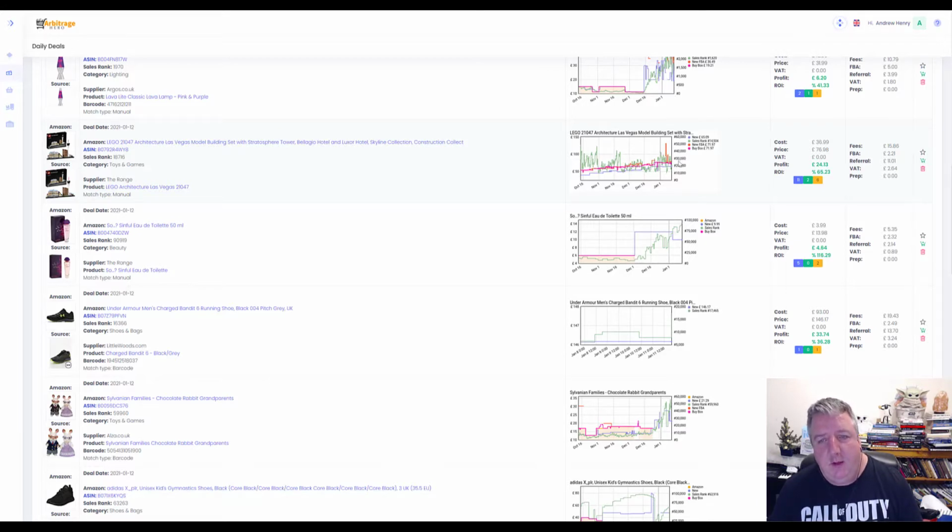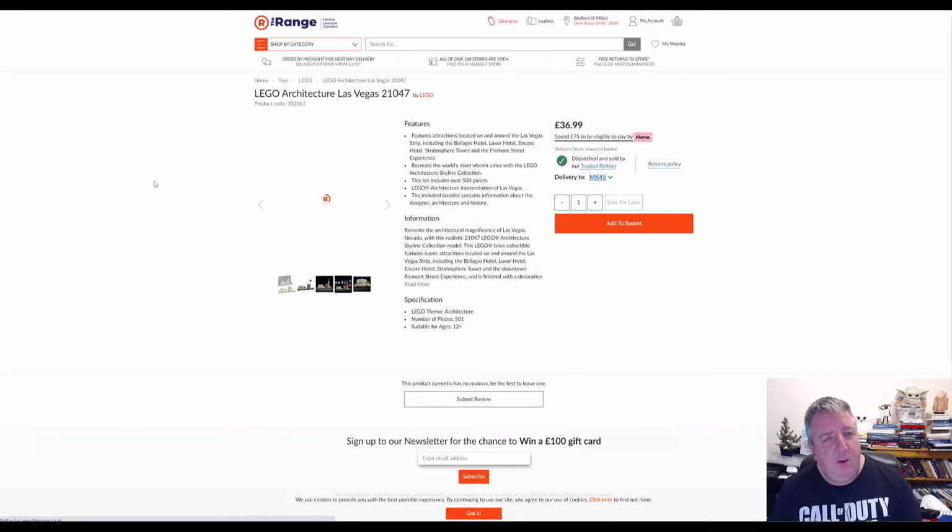It's only sort of 10 to 40,000 in the toy category, which is a decent rank because there are lots of toys. So this one, this £36.99 to buy, and it sells for £76.98. Nice margin there. So you're going to make £24 profit, or 65% on that product. So again, I'd have a look at this one. It's at the Range, it's a Lego product,